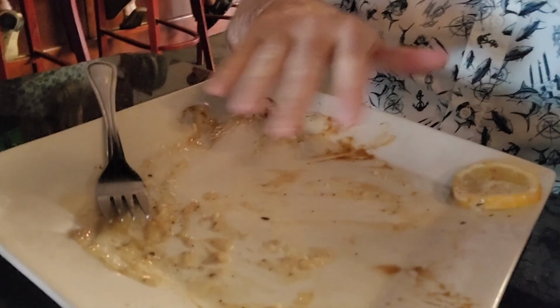Ooh, getting a little sad. We're getting close to the end, but ooh, nice full pieces of delicious fish to enjoy. Here we go with the last piece of my Amberjack. I'm so sad to see it go, but now, just like I've totally destroyed my plate of food,